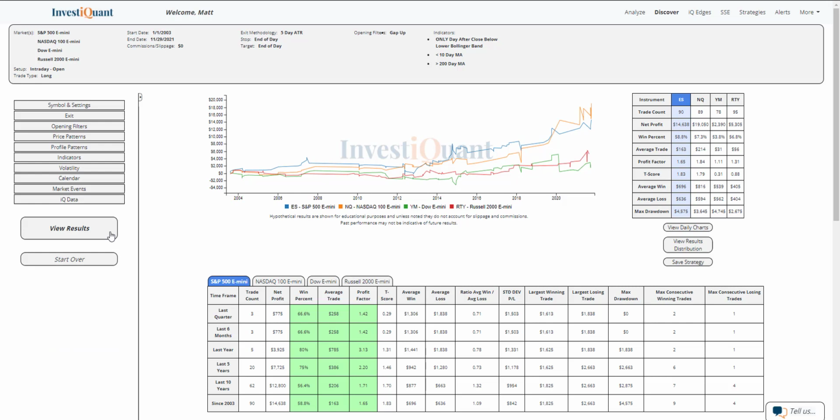If we look at the average moves, the average win is larger than the average loss for the S&P. That is also the case for the NASDAQ. For the Dow, the average loss is just a little bit larger, and for the Russell, they are almost identical in size. So 2 of the 4 have larger average wins. All of them have slightly favored win rates. The win rates really are not super impressive. They are all just mildly favored there, but average win is larger than the average loss on the S&P and